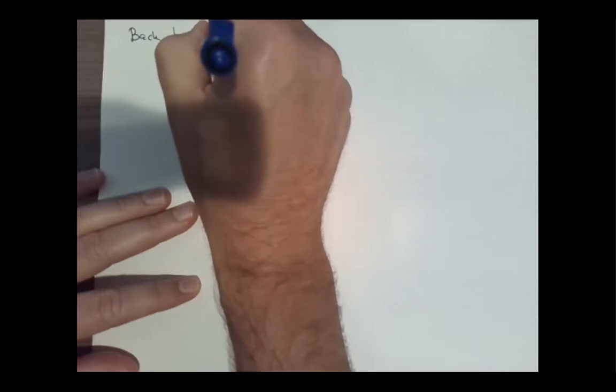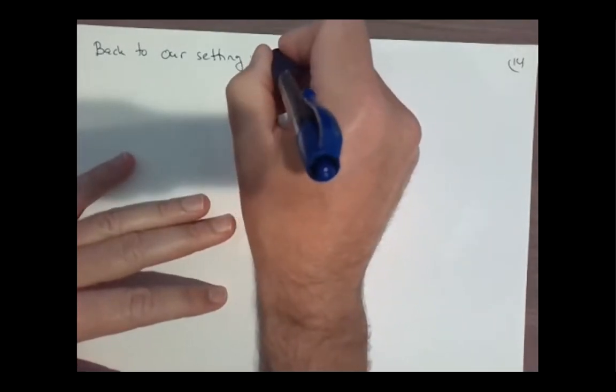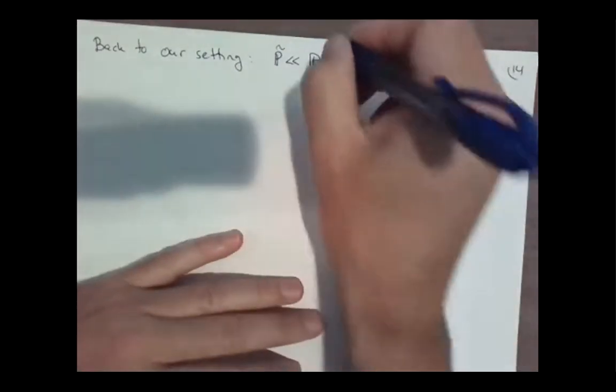Okay, if we're all good on that, we'll go back and start talking about the Radon-Nikodym process and Bayes' rule in that setting. So you have a measure. So back to our setting. So if we have this setting where P tilde is absolutely continuous with respect to P on say F,